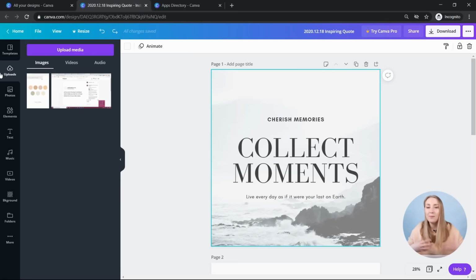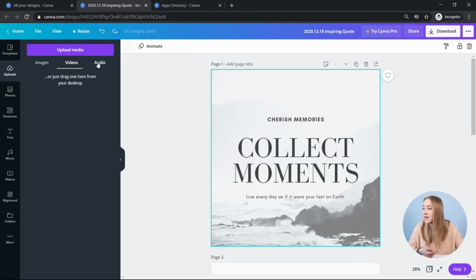Okay, so let's stick to that template that I've chosen at the beginning, and the next element in this left panel is uploads. And Canva lets you upload different media. You can upload images, you can upload videos, you can also upload audio, which is the latest addition in Canva. Canva is trying to develop the video part of the editor as well, which audio is obviously a huge part of. So you can just upload any of your sounds, any of your music that you want to apply to different videos in here. And it's so neat. It wasn't available until a few weeks ago. So it's a really cool feature.